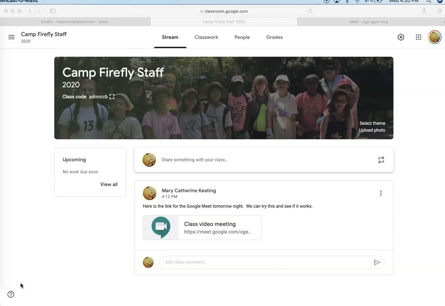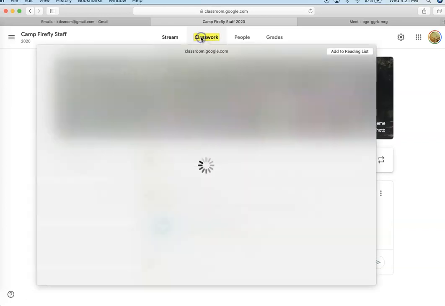For those of you who are used to having a student view on Google Classroom, the teacher view, which most of you have, is going to be a little different. You're going to have these 4 tabs because you are listed as teachers. You're going to have the stream, and I'll go into more detail on each of these general tabs, but the stream is where quick announcements come up. The classwork tab